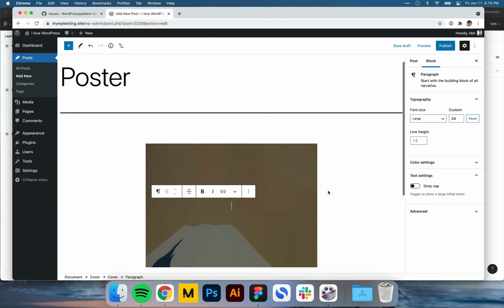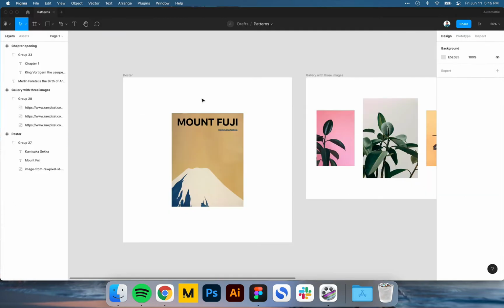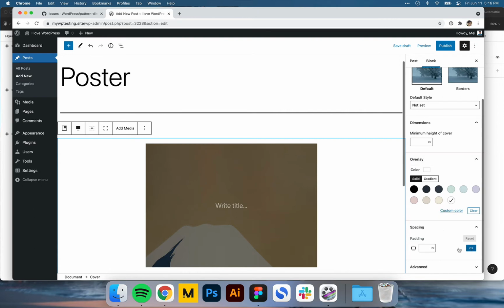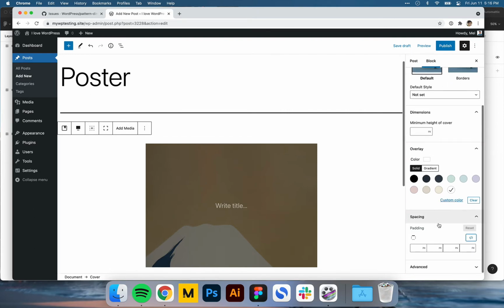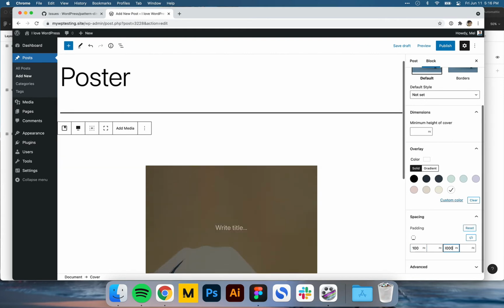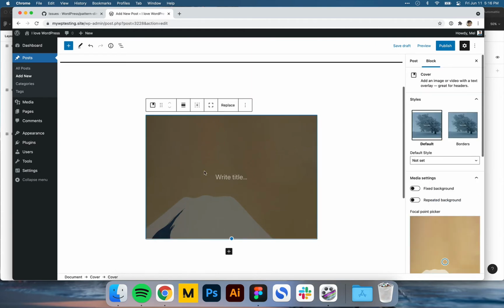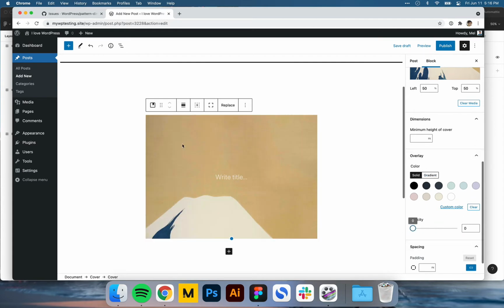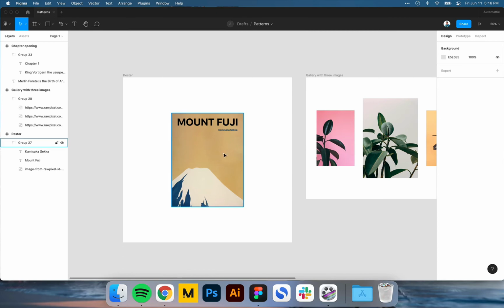So one thing I do want is to have kind of that space at the top and bottom. So I am going to go to padding, and I only want to do top and bottom padding. Let's start with 100. See how that feels. Not 1000, that's too much. Also, you might see that I don't want any sort of overlay here. So I'm just going to go down to the overlay and then change the opacity to 0, and that'll bring it back to the way the photo looks here.